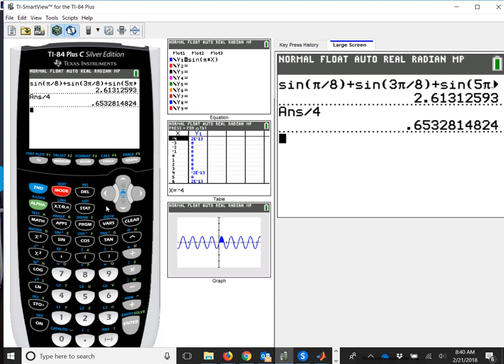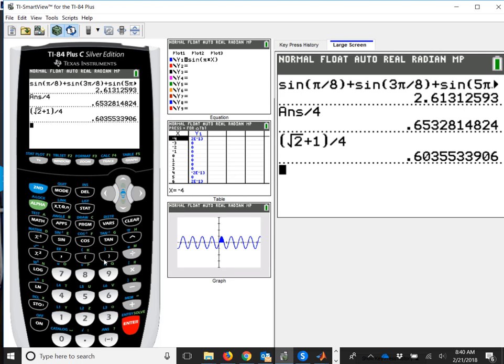So if I go back to the home screen and I type in, let's see, square root of 2, yeah, plus 1, divided by 4, enter. 0.6036. Actually, if you think about that for just a minute,